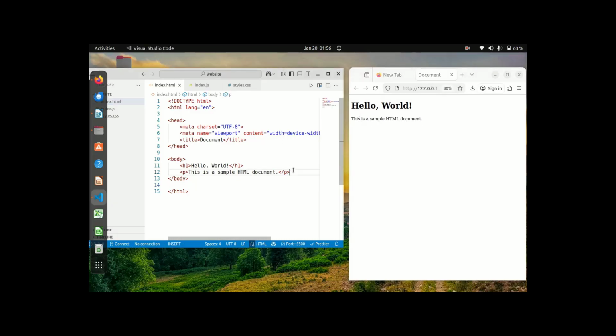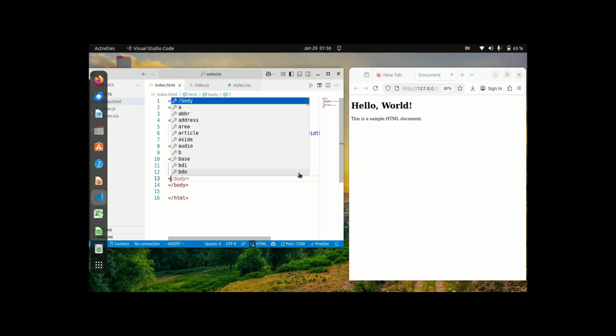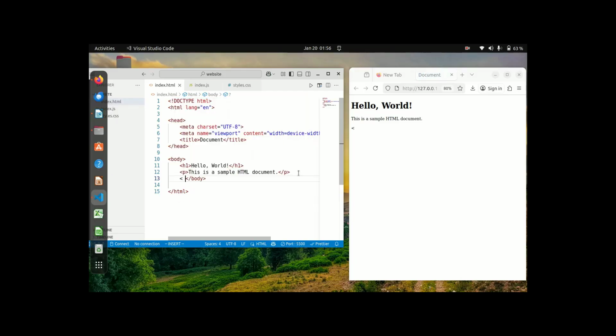So whatever changes I make here, let me say this one is misbehaving. Let me say I add another paragraph tag. I don't know why it is pulling this backwards. Let me add enough space. When I add another paragraph tag like this, and add some text,